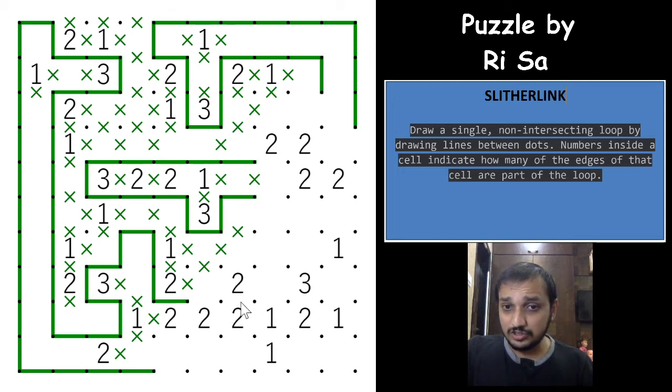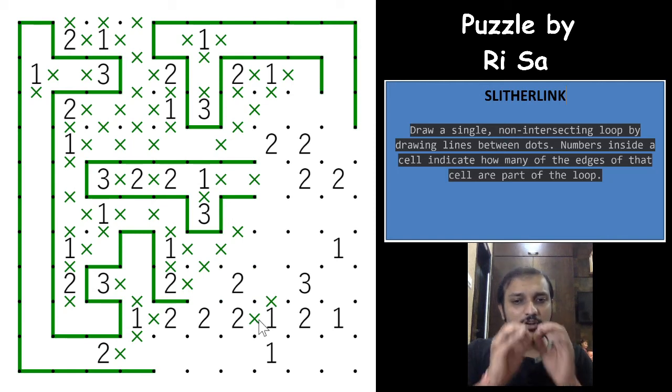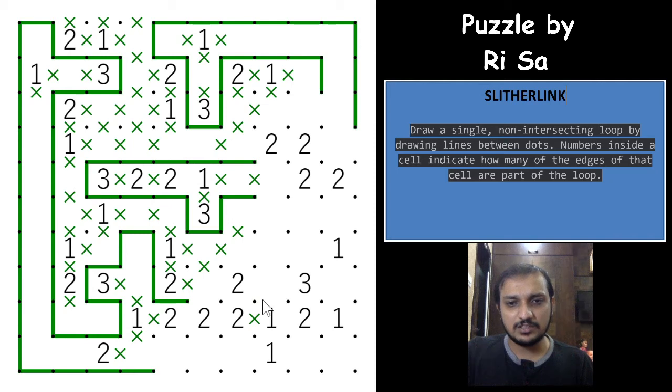Oh, again a diagonal logic with 2 and 1. Wow, guys, that is awesome. The diagonal logic again. So now this 2 acts as if it is at the edge, right? It is at the edge. So it will have to be either this way or this way. And whenever you have such logic, that you have a 2 with the diagonal logic, and it acts as an edge, and you have a diagonal 1 here, both of these will always be crossed out. It is never possible that you have a loop segment either this way or this way.